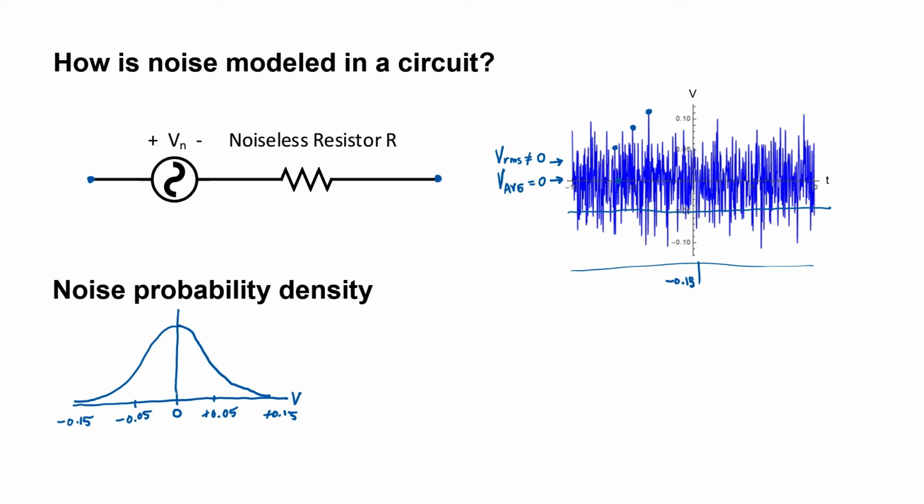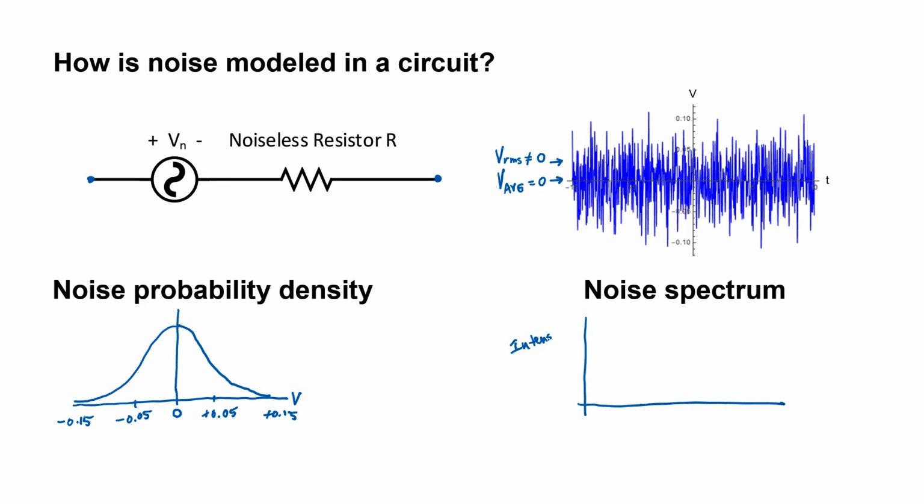For different types of noise, we might have different noise probability density functions. In other words, the way that function looks might depend on the source of the noise. We can also consider the spectrum of the noise. In other words, what is the intensity versus frequency? If I were to take this voltage versus time graph showing the random noise that we already have shown here in the view graph, would we have more noise at the high frequencies or would we have more noise at the low frequencies? If it's white noise, then we ought to have equal amounts of noise at both high and low frequencies. However, if we have some other source of the noise, then we might have more noise at one frequency than some other region of the graph.